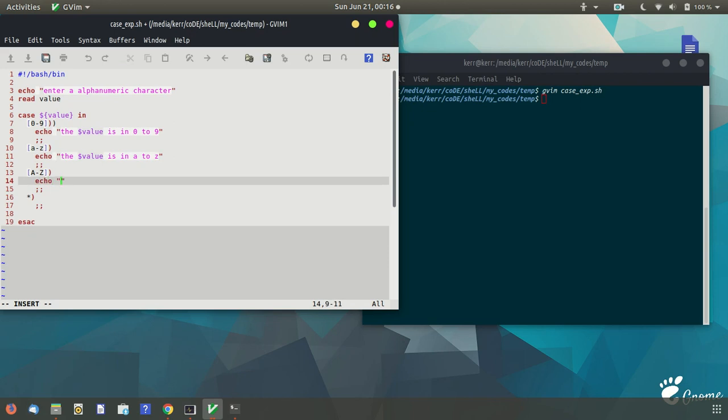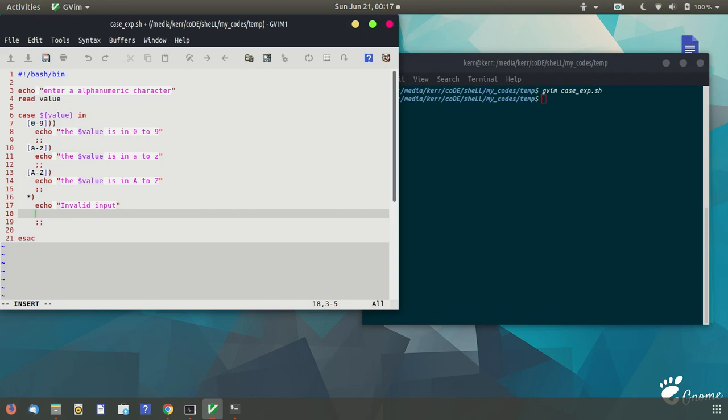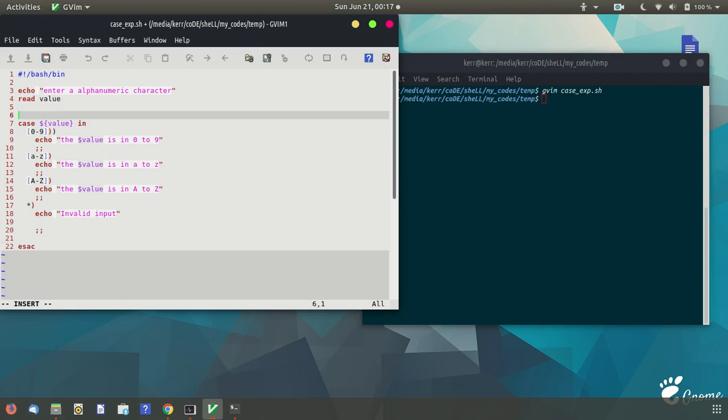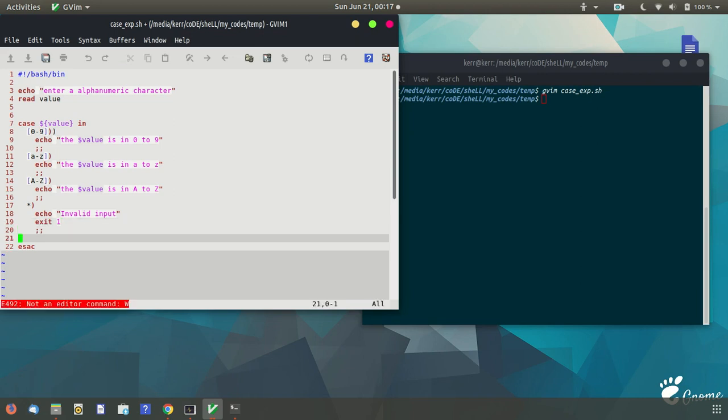Here we will echo, the value is in A to Z. Here we will print invalid input, and then exit with status 1, a non-zero exit. Okay, so that's basically the code.